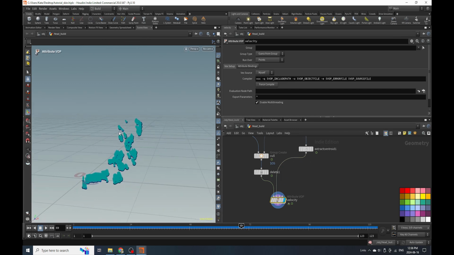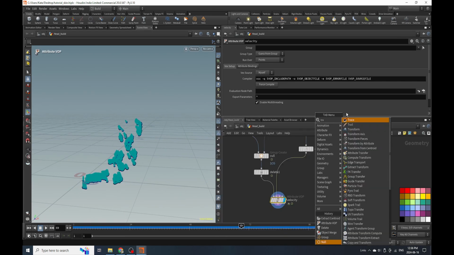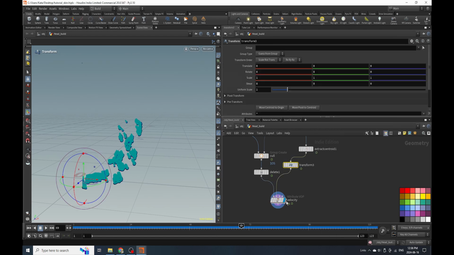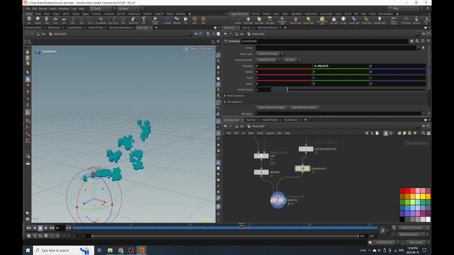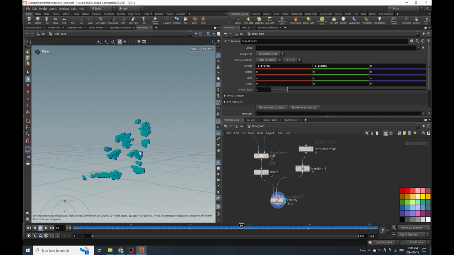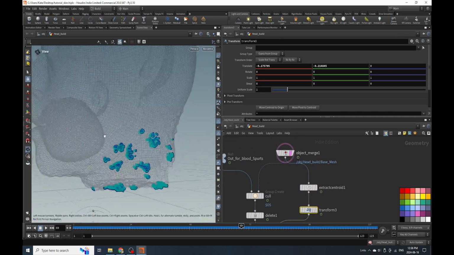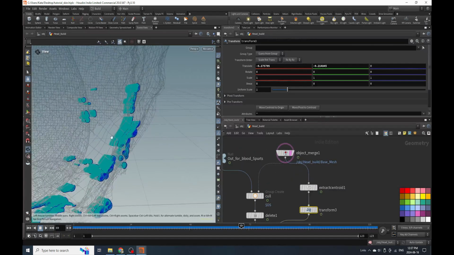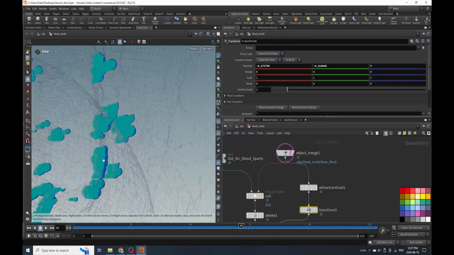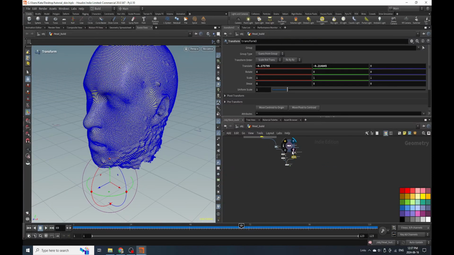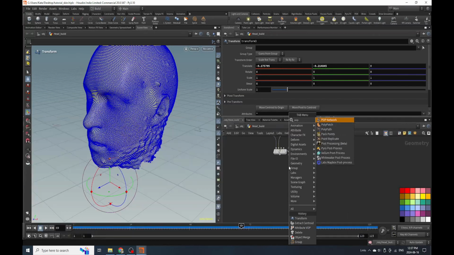Now what I can also do if I don't like the way the velocity is facing, because, you know, it's coming downwards a little bit, I maybe want my velocity to be perhaps more like that. I'll just adjust my center point with a transform. So now if I ghost my head, this is what it'll kind of look like. Velocity looking like that. So now we can get started on emitting our fluid,